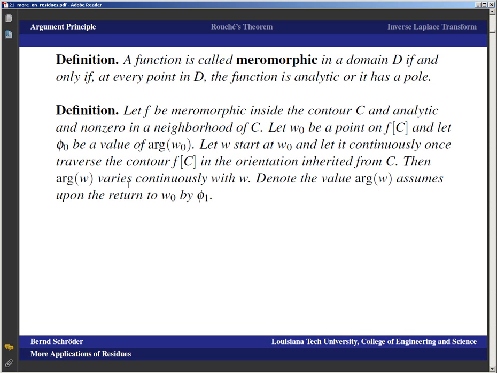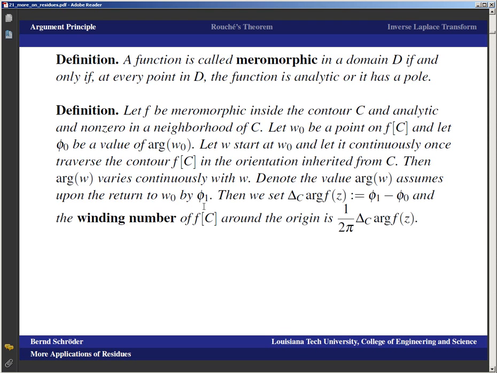Well, then the argument also varies continuously with w. That means we may have to jump from one branch of the argument function to another, but that's not a problem, and lowercase arg is the multivalued function anyway. And so we denote the value that the argument of w assumes upon the return of w by phi1. So basically the image contour just goes around, ultimately comes back, and whatever value the argument has at that stage, that's phi1. And well, then the difference phi1 minus phi0 is 2 pi times the number of times that the